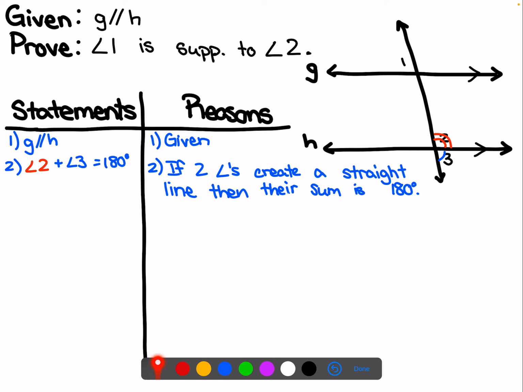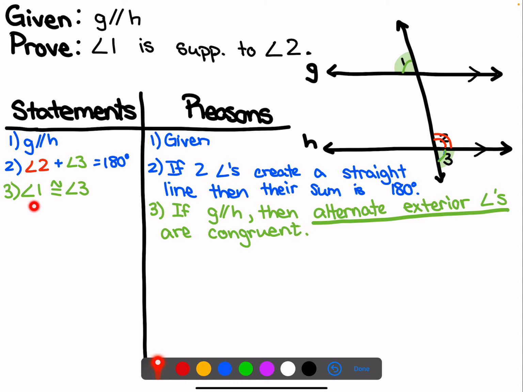However, angle 1 and angle 3 do have a relationship. They are alternate exterior angles. So if I have parallel lines, which is given to us, then we know that alternate exterior angles are congruent. So I can say angle 1 is congruent to angle 3, because if G is parallel to H, then alternate